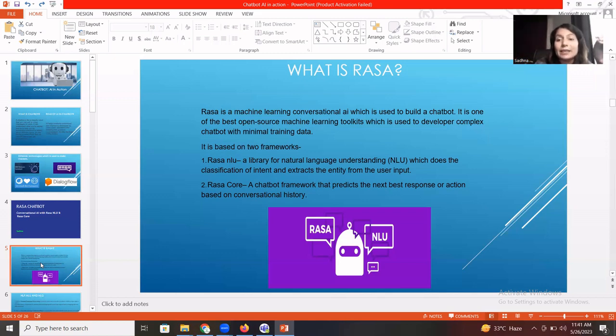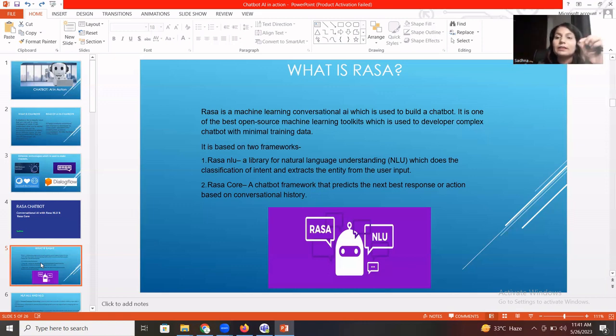Let's say we're talking about any person, or about a book, and the author of that particular book is XYG. So the book and the name of the author, these two are the entities there.